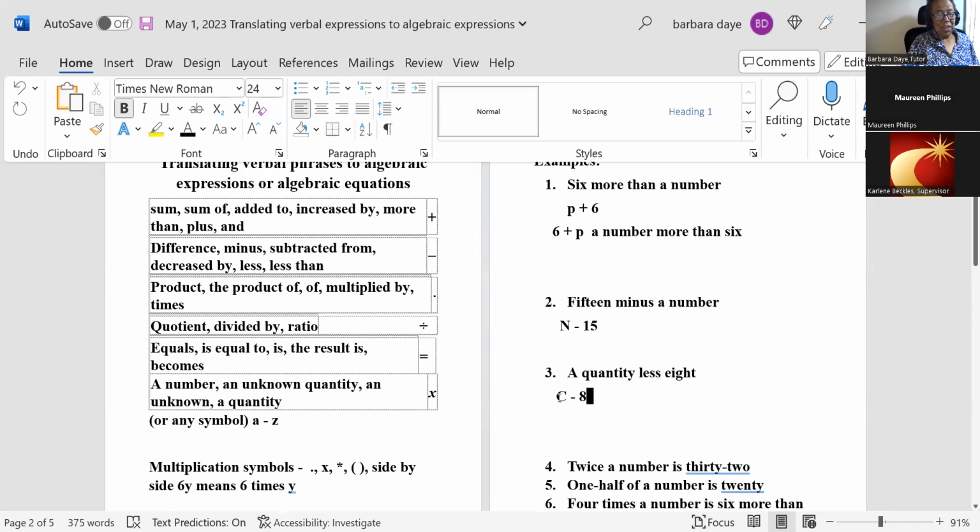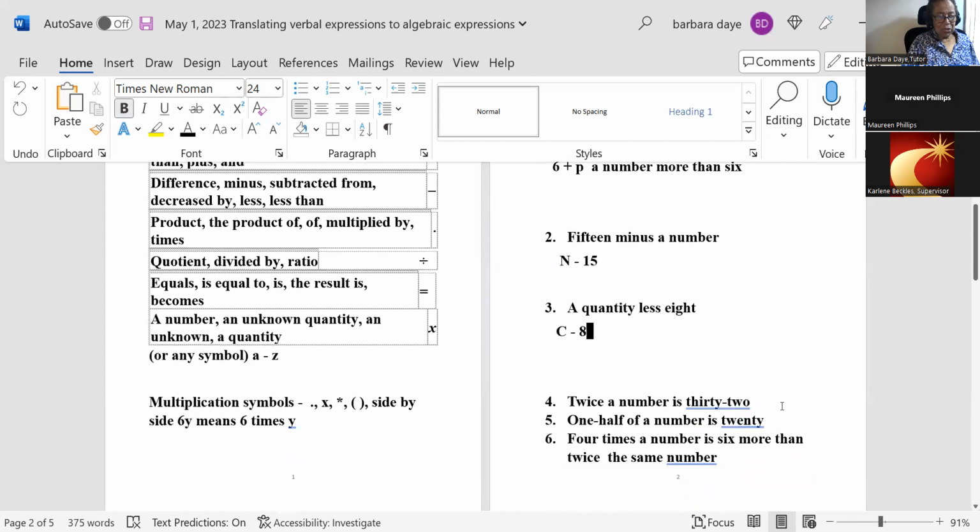You chose C as your variable. That's your quantity. A quantity represents a variable, so see right here, A to Z. So 8 subtracted from the quantity that's called C. All right, very good, Maureen. Let's go to